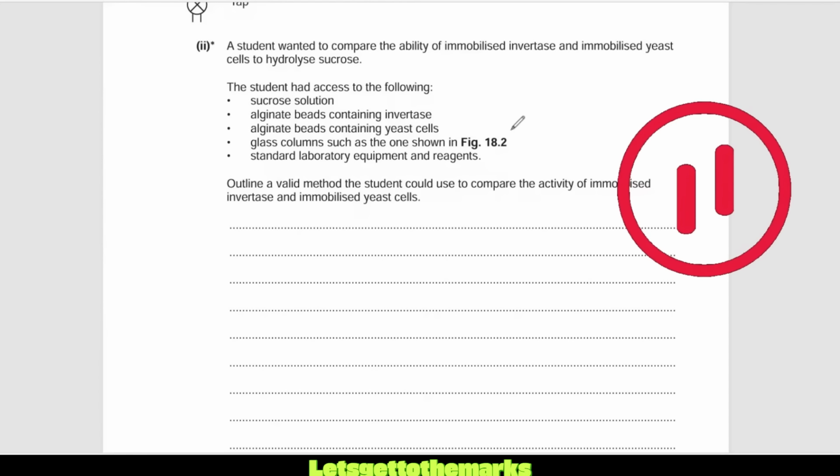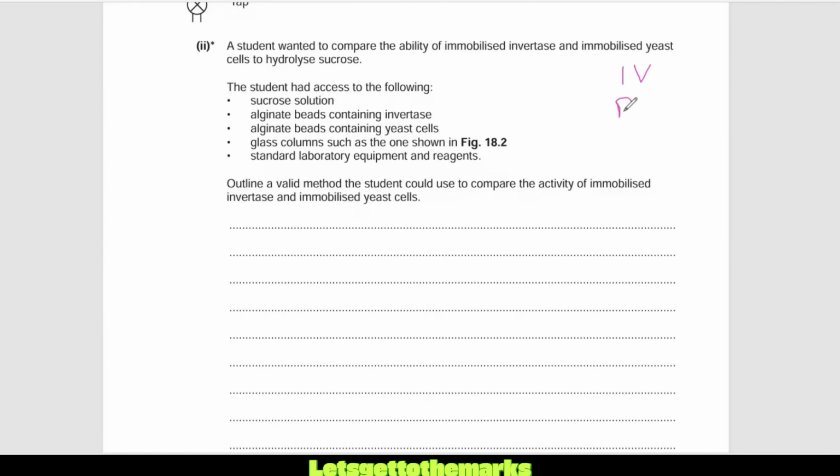So the way I break this down for you guys, I'll bust out the IV, what you're going to do with the IV, then what you're going to measure and how you're going to measure it, and then control variables. I'll just roughly go through it. I can't really type that quick. Right. So what we're going to want to do is set up 2 columns, one column with the yeast in. Oh my days, check out the GCSE level drawing, wicked. And then we want to set up one with the invertase enzyme in, and we're comparing which one breaks down sugar the most. And what I'm going to probably do is also set up a control.